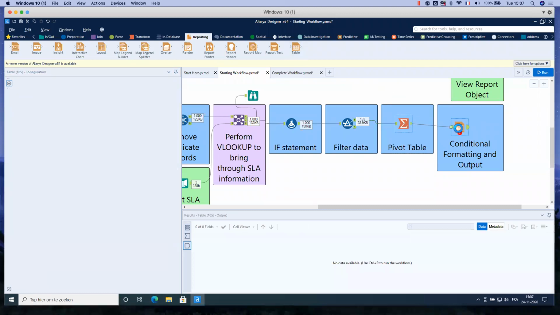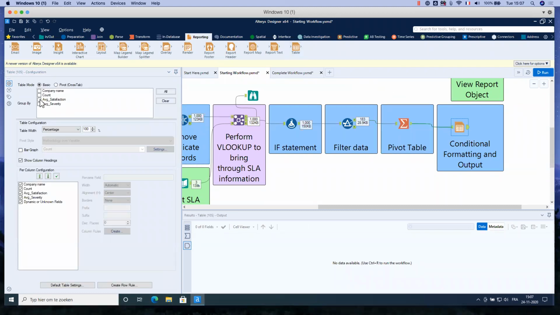We'll connect it. I don't want to group by here, it's a basic table, so I will go to the bottom and keep it like this. Everything is selected, but I also have the possibility to make a bar chart. I can select bar here and choose the field that I want to display as a bar chart.